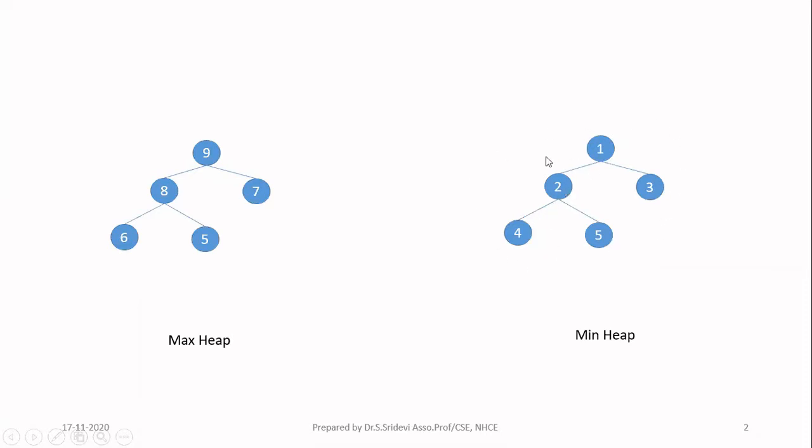So it is a complete binary tree now. Now if it is a min heap, the condition is slightly different. The root node value will be less than or equal to its children. So here the root node is 1, the value is less than 2 and 3. Then if you consider node 2, for this subtree, 2 is the root node, its value is less than its children, that is 4 and 5. So this is now following the rule of the min heap.